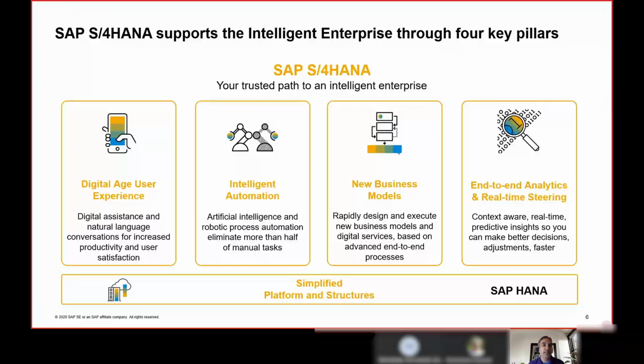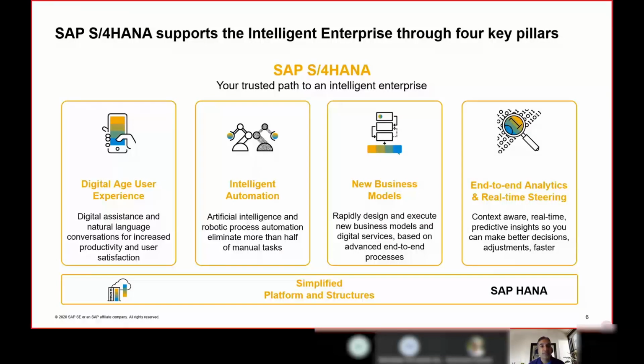So SAP has come out and started leveraging these new technologies in the form of, for example, artificial intelligence or robotic process automation, which again helps our customers make their business scenarios more efficient and more intelligent, which ultimately helps our customers deliver quality services or quality products for their customers. And obviously, to deal with these new technologies and this new business model, the end users also have to play a very critical role.